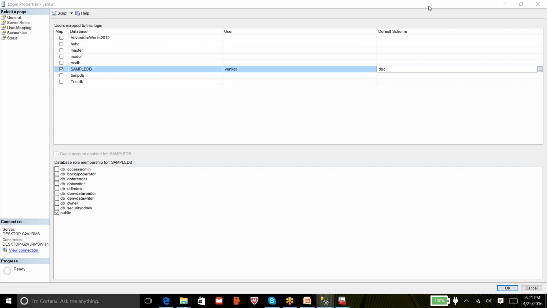Maybe you will get a request from a user. Let's say I'm David, and I drop you an email saying, Venkat, can you please grant me read and write access on a sample DB database on so and so instance. As I'm part of an AD account, what you can do is go to